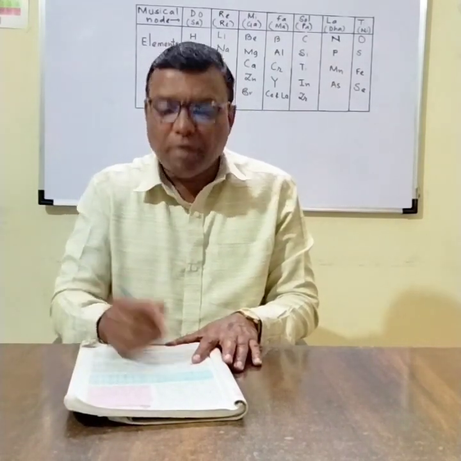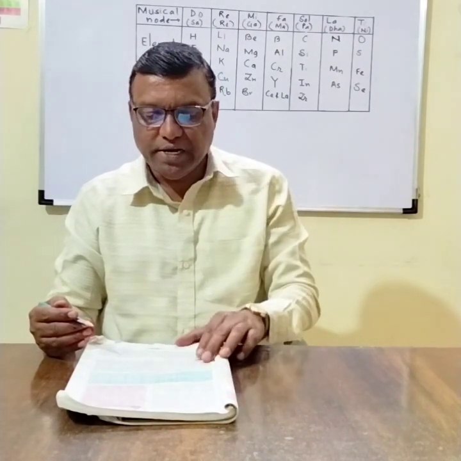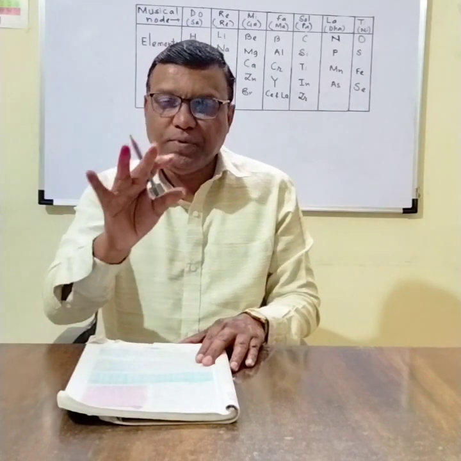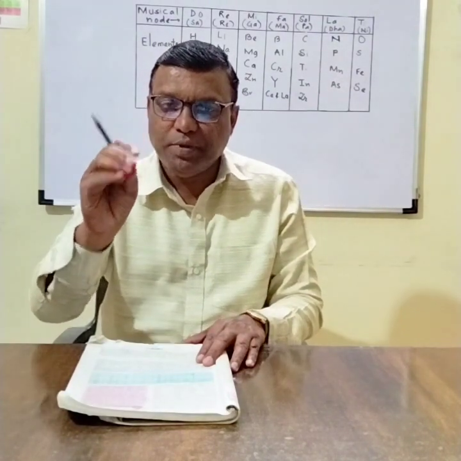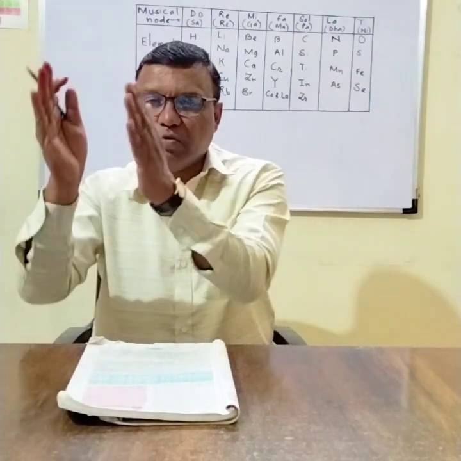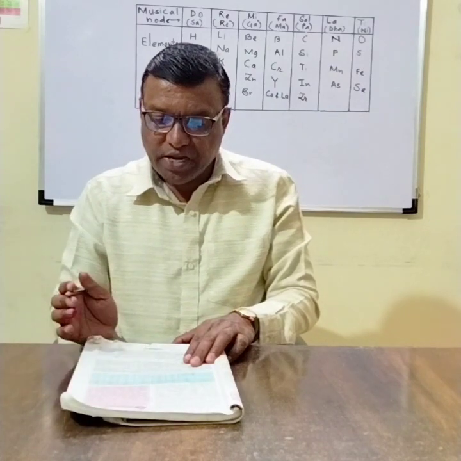Drawback number second: Newland fitted all the known elements in 7 into 8, that is 56 boxes. So Newland kept all his elements in the 56 boxes. One element, one box. One element, one box. Okay. Then